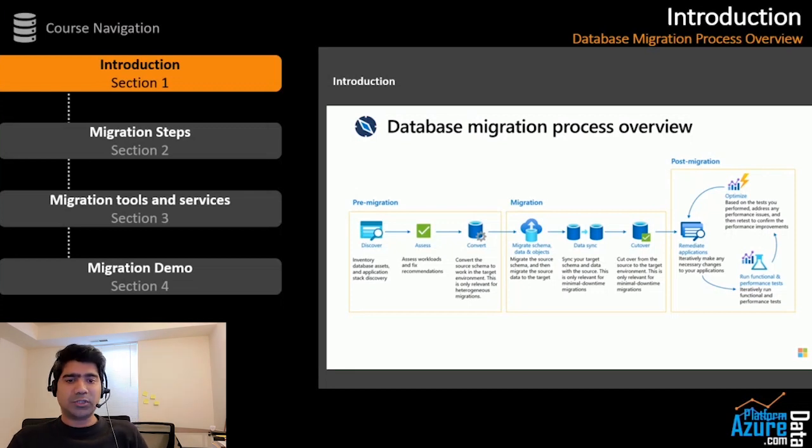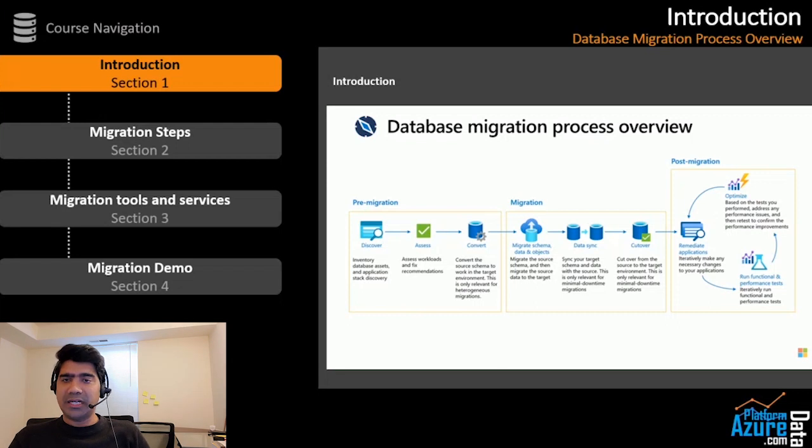Earlier, all the DBAs knew that you needed to do this cutover manually. When you are 100% sure that your target is in sync with the source, you define a downtime and then go for cutover. A similar thing will be performed here also, but with minimal downtime. We'll talk about those things.